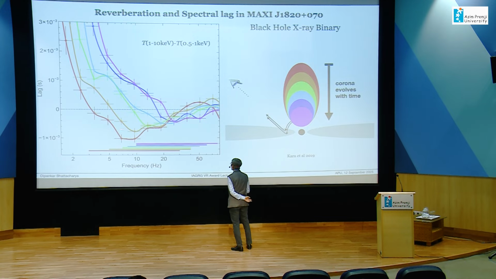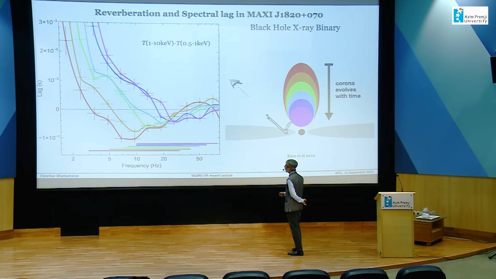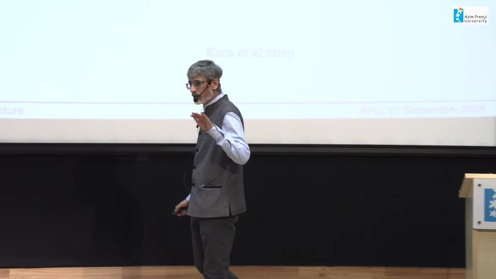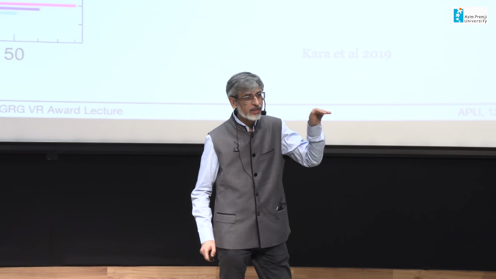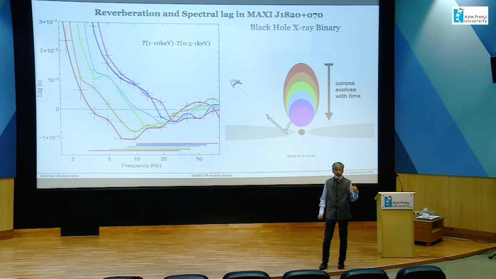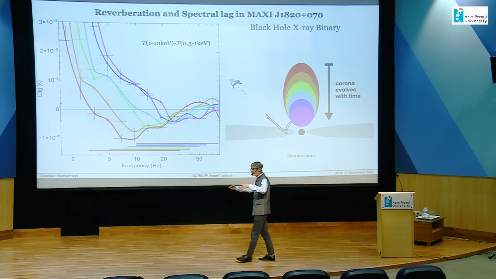And as a function of time, you see this delay evolving both in frequency and amount of lag, and that can be directly mapped to what is happening to this radiating corona. It's starting from a long elongated shape and then coming closer to the central black hole as time progresses. But what is important is that the amount of radiation that you receive directly versus the amount of radiation that you receive reflected, that ratio also changes. And that ratio cannot be simply computed by looking at a straight geometric effect, drawing straight lines and looking at how much area is exposed.